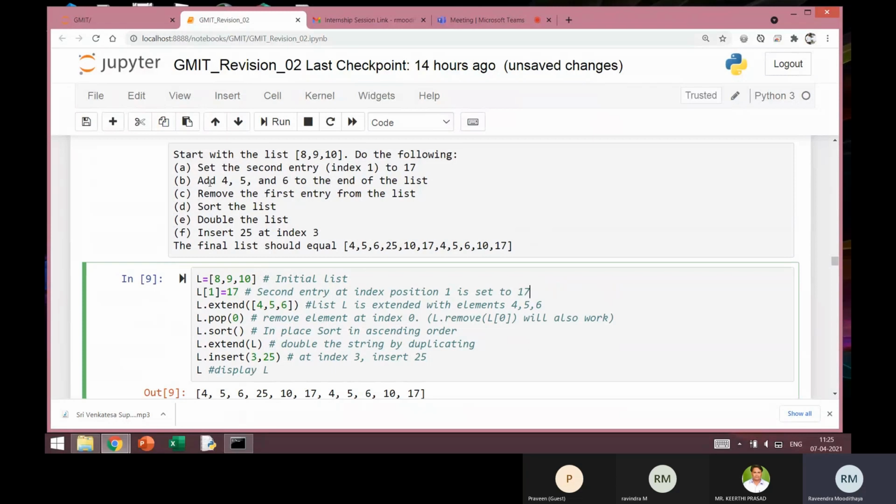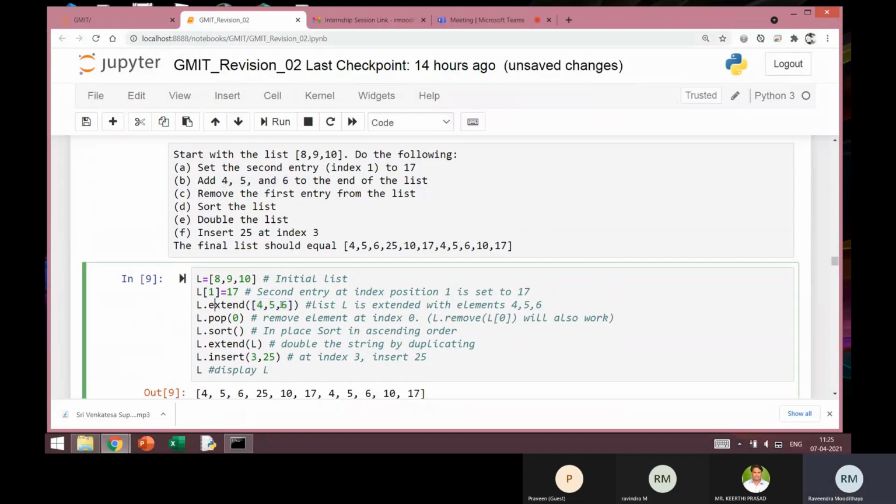Next, what I should do is add 4, 5 and 6 to the end of the list. So I can use the append method 3 times, first to append 4, then to append 5, then to append 6. But instead here I have done it in one statement, L.extend, extending it with another list which has the values 4, 5, 6. Those 4, 5, 6 are taken from this requirement.